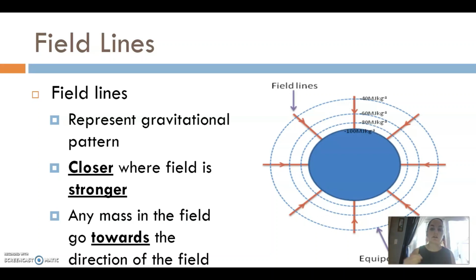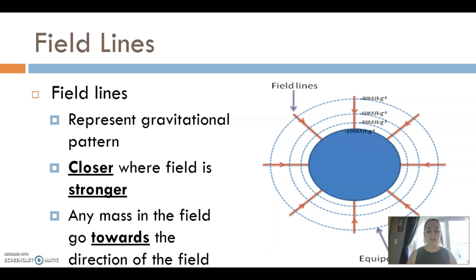And these field lines don't just stop at the surface of the Earth, they go all the way through the center. So if we were traveling to the core, or traveling through the Earth itself, different patterns are going to be present because of these field lines and the direction in which they are pointing. At the center of our Earth, we are going to feel weightless. That's because all of these gravitational field lines carry through and basically cancel out one another.